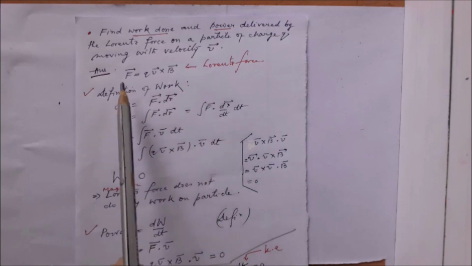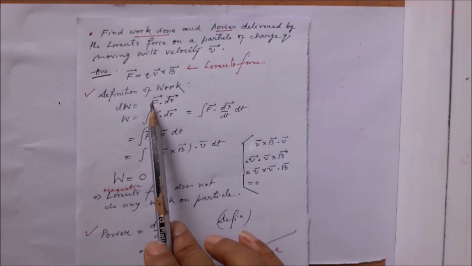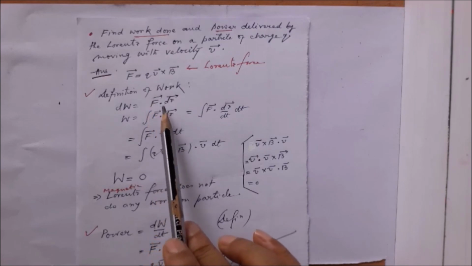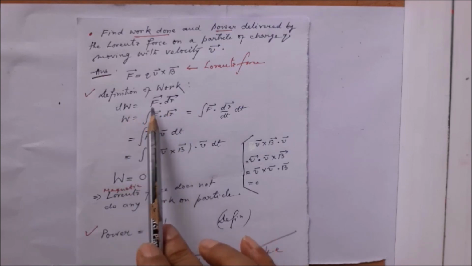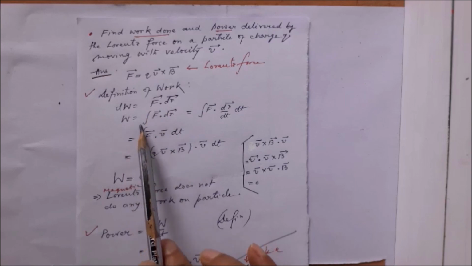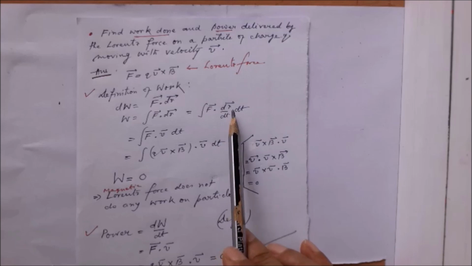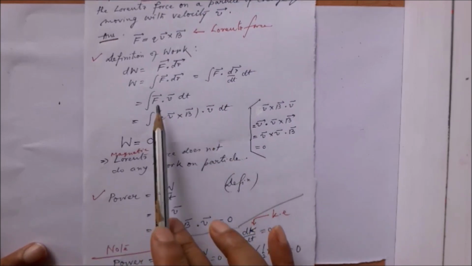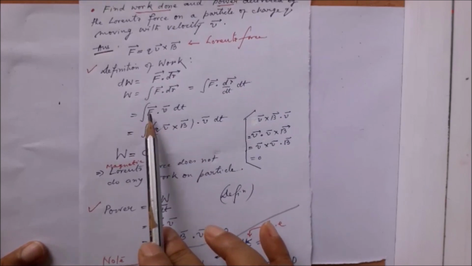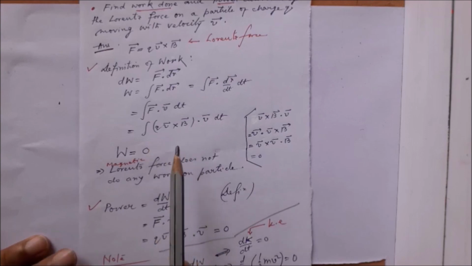Now this is the Lorentz force. The definition of work done by a force vector F upon a particle in moving it a distance by an amount vector dr is given by this expression, and the total work is obtained by an integration. Now dr can be written as dr/dt into dt, and dr/dt is v, so that we end up with F dot v. Now here F is the Lorentz force, so we can put it here,